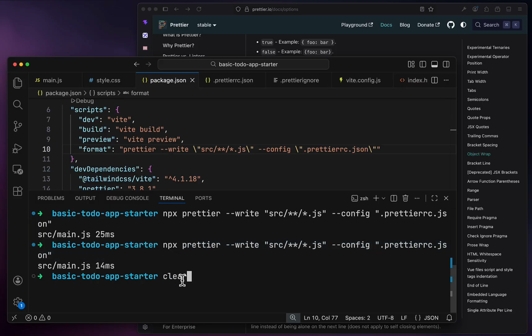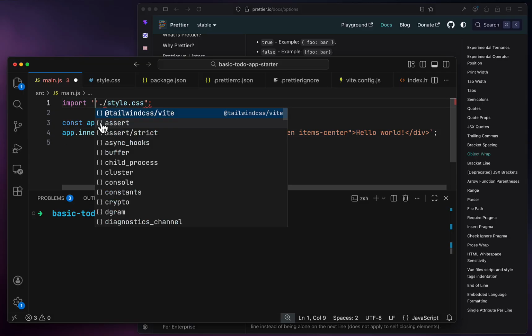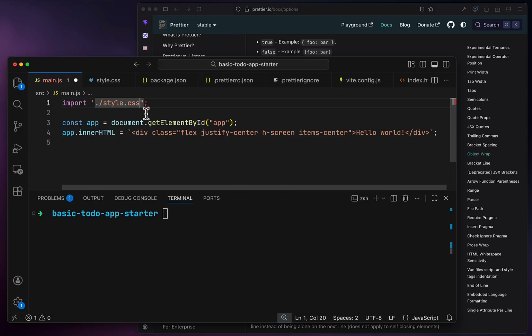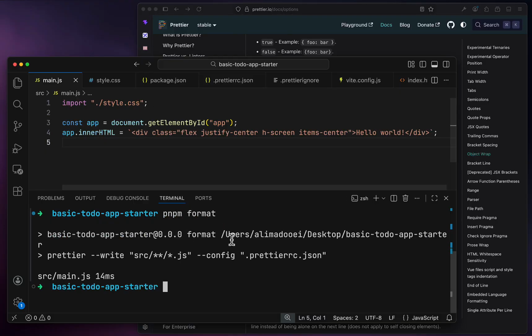Let me clear this up. Now moving forward, if we want to run it and show that it has an effect, let's ugly this code one more time. Maybe take the semicolon out too, and put a bunch of extra spaces. All right, ugly code, pnpm format, pretty code, right? There we go. So we've got a good setup going on here for us, and we're going to be looking at some infrastructure concerns in the next video before we start actually building our to-do